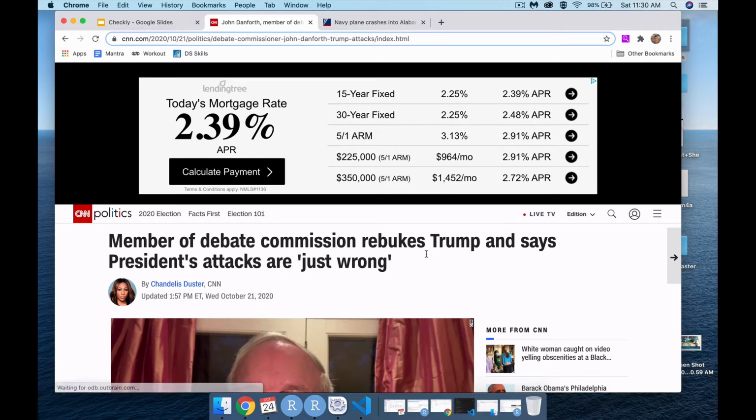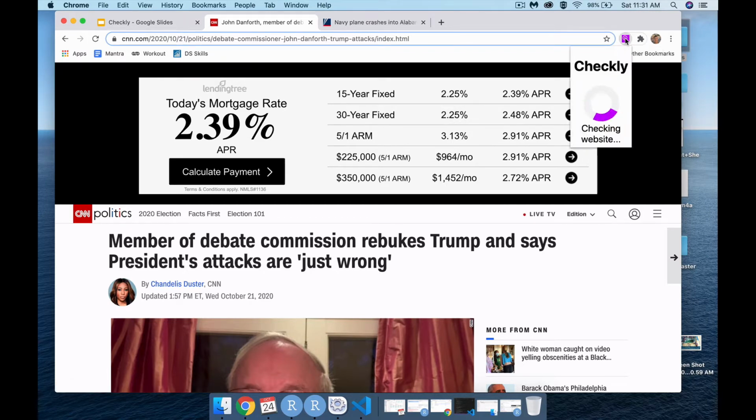So for our first article, we have "Member of debate commission rebukes Trump and says president's attacks are just wrong." Generally, this seems like it would be more of an opinion-based article, and we'll go ahead and run the Checkly extension on this. As you can see, it produces a fact score of 1%, meaning that Checkly does not believe this is a